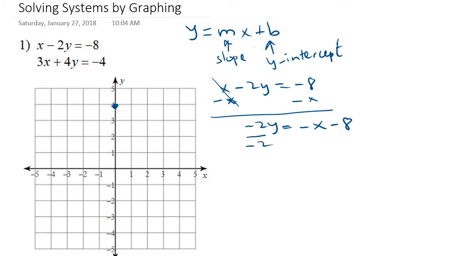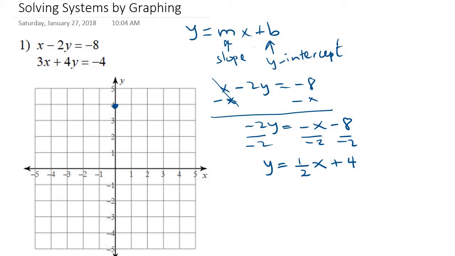Now this will be left with y equals, and now -1 divided by -2 will be 1/2, and then -8 divided by -2 is plus 4. So that is the first equation in